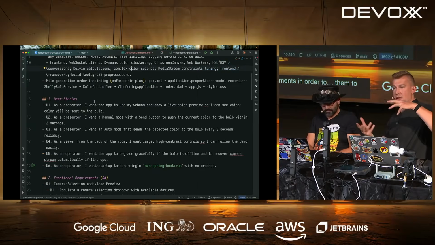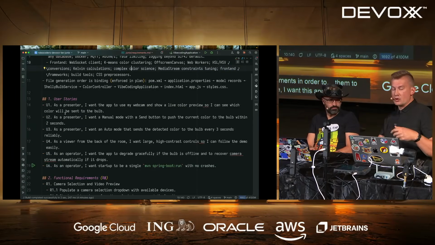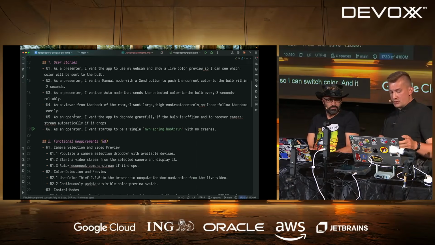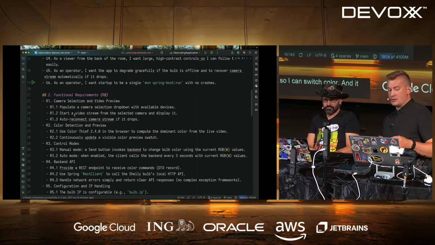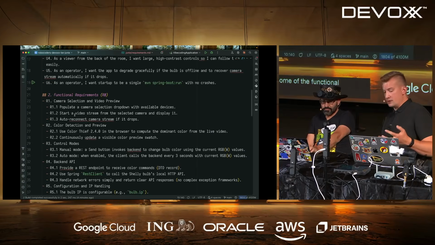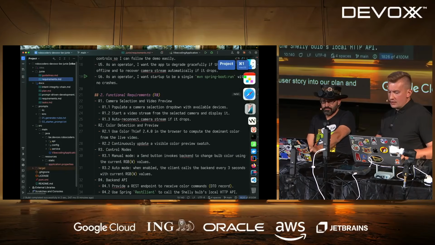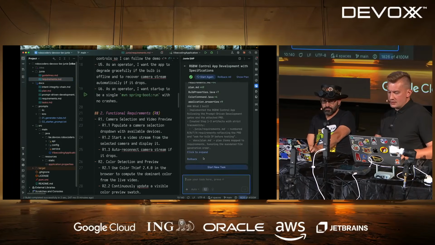So instead of saying, I want this app to be, it's more of a user story style. So as a presenter, I want the app to use my webcam and show a live color preview so I can switch color and it will be sent to the bulb. So that's user stories. Some of the functional requirements would be inherited from the user story into our plan and our tasks. Now, at the end, what we see here,